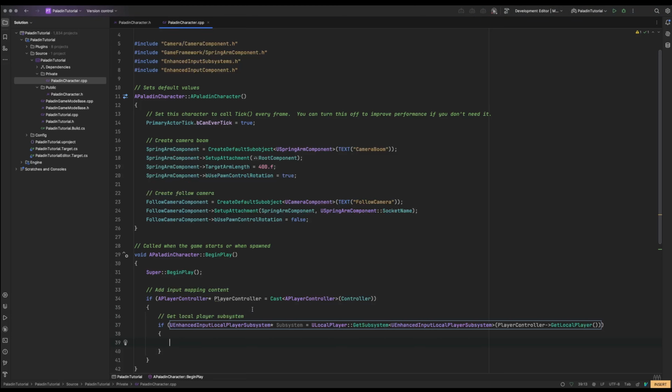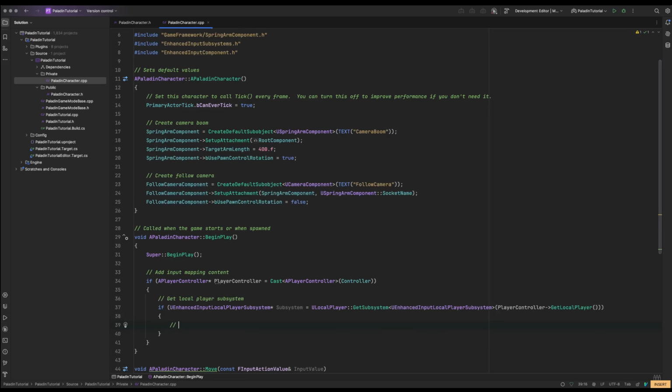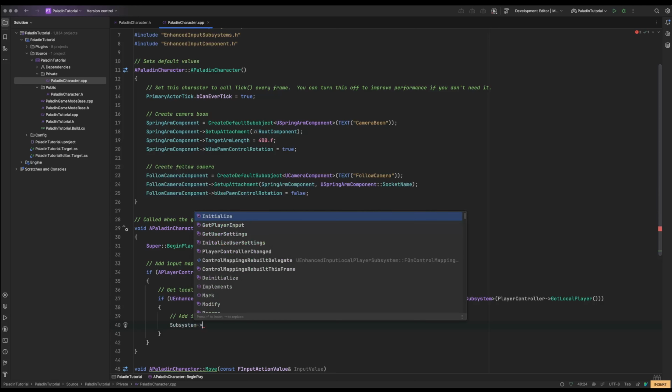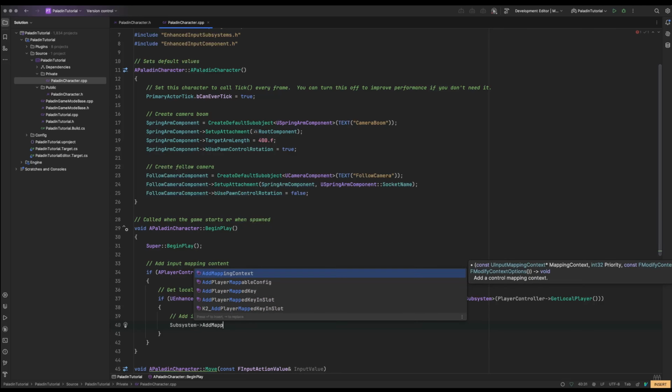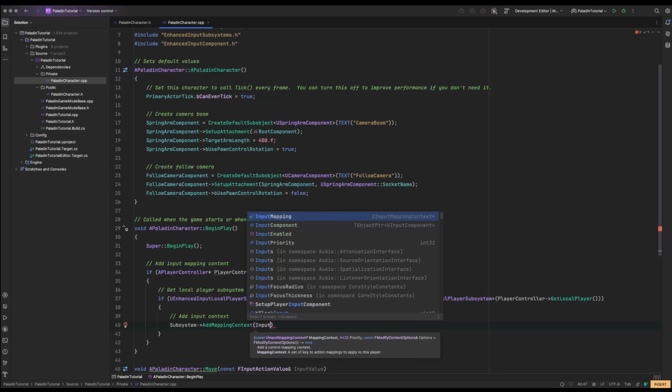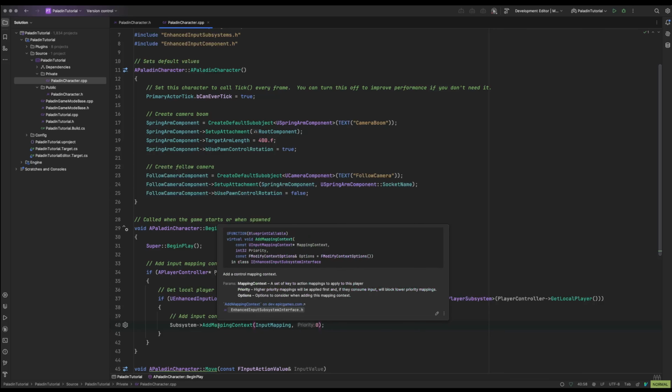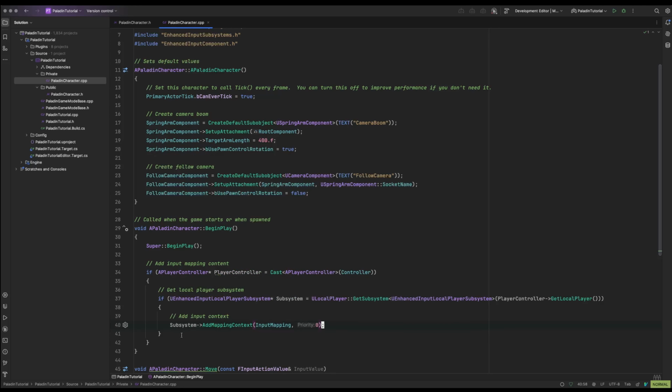I like Rider because it does the code completion quite well. So then we need to add input context. So a subsystem. We need to add a mapping context, and that is going to be the input mapping. And we'll just set that to 0. So add mapping context. So now that that is set up,